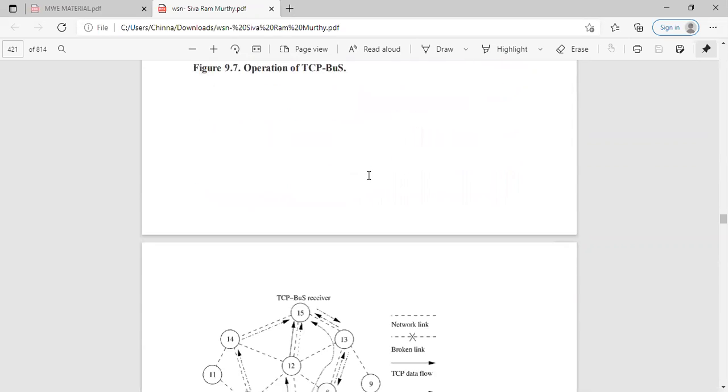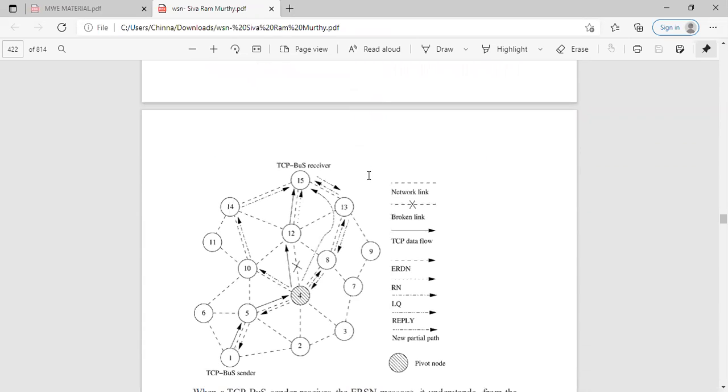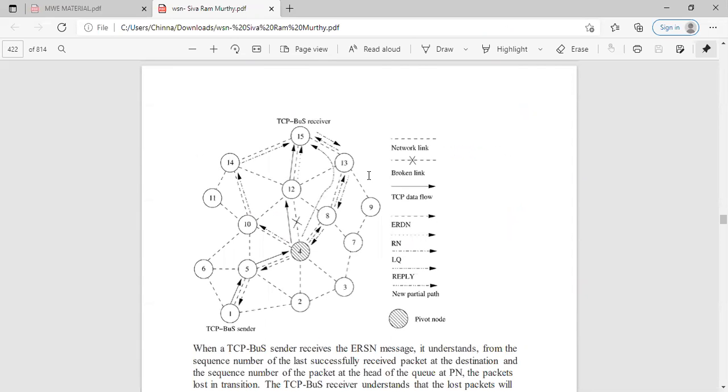So periodically it operates. So this is the route establishment and route maintenance of the TCP bus. Here, to transmit data from node 1 to 15, node 1 first sends the packet and the links connect. The data is forwarded, the route notification will be given, and wherever the breakdown is obtained,